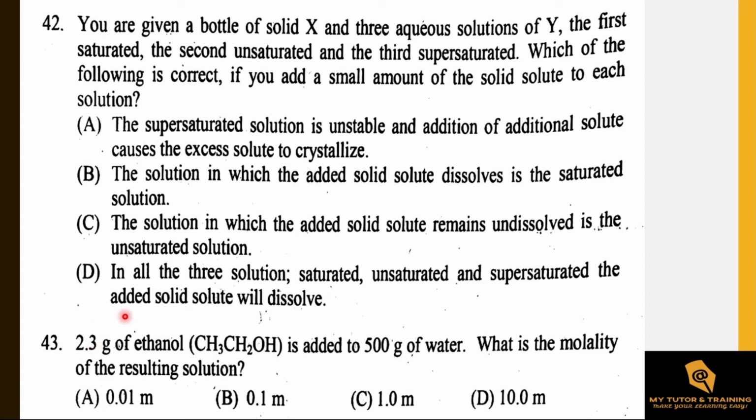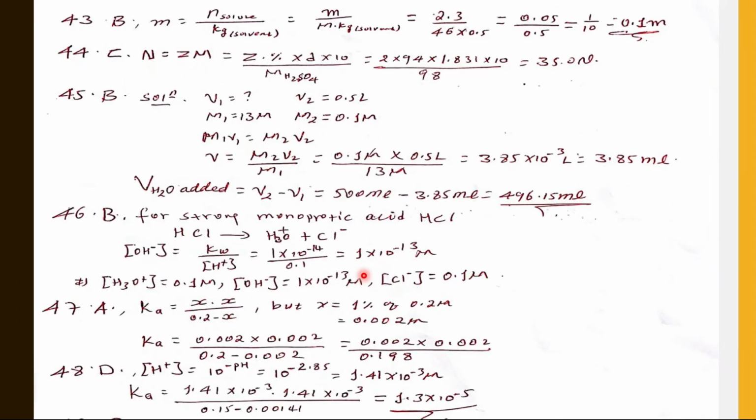2.3 gram of ethanol is added to 500 grams of water. What is the molarity of the resulting solution? እስኪ እዚህ ጋር ሶሉሽኑ አለ። ለ43ኛ ጥያቄ ተመልከቱ። ቢ ላይ ያለውን መልስ ተመልከቱ። 0.1 ሞላል ብሏል። Molarity means number of moles of solute over kilogram